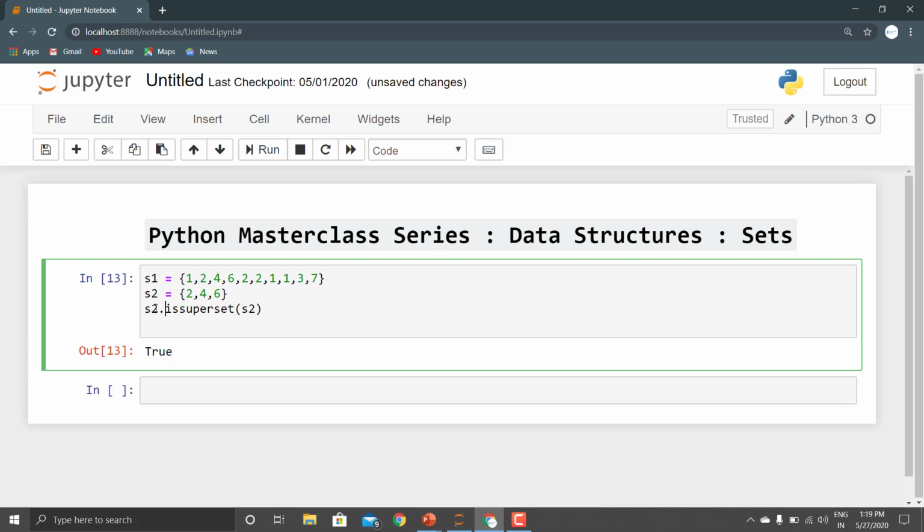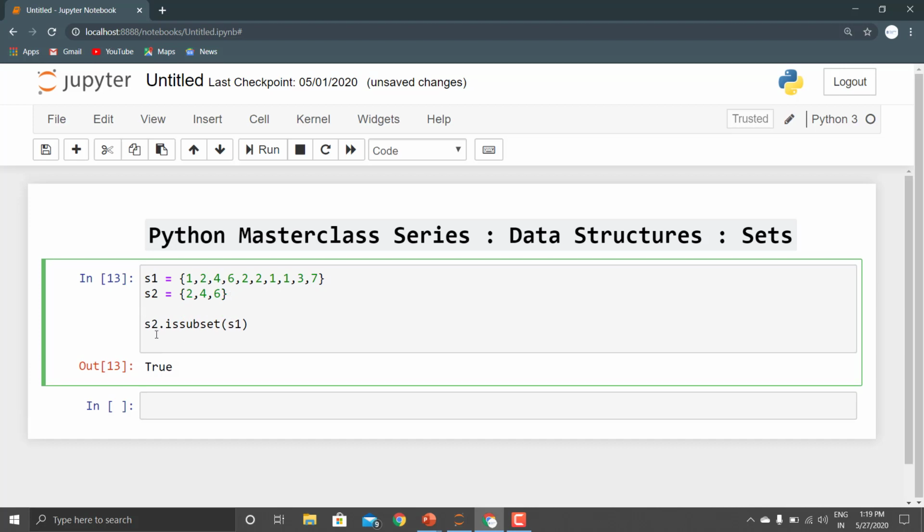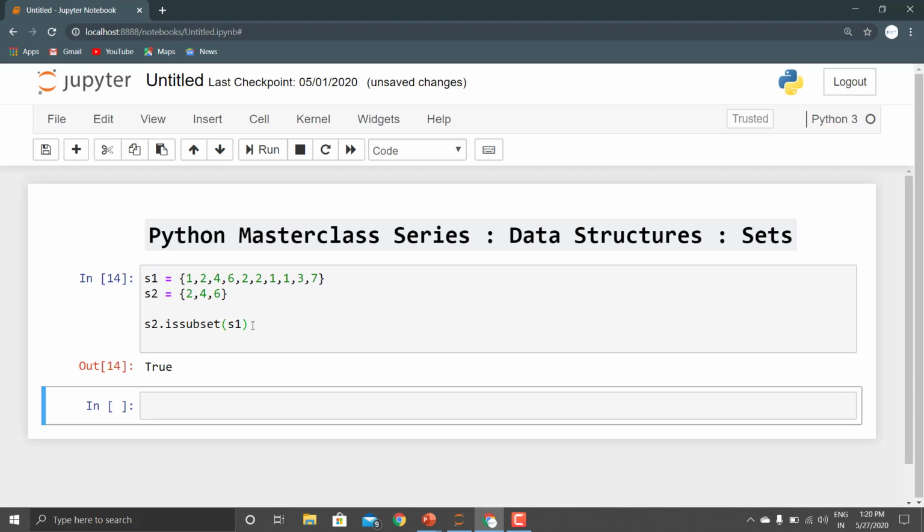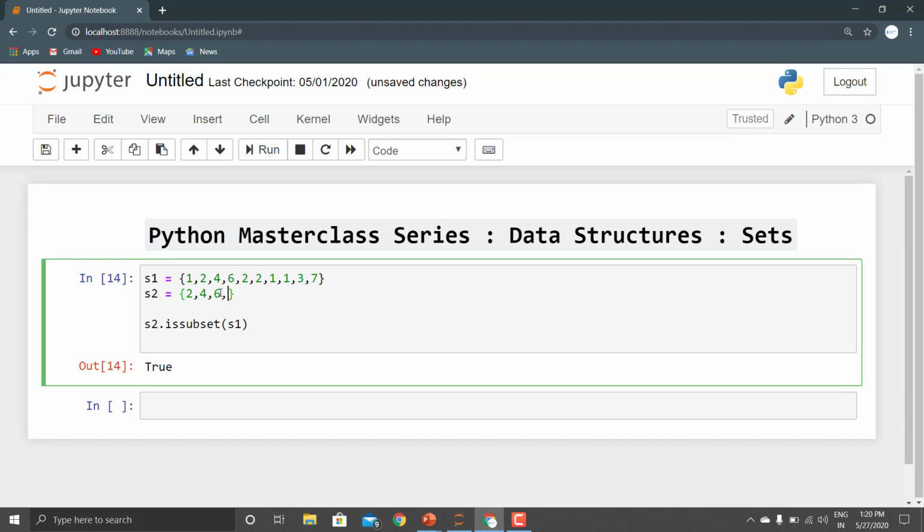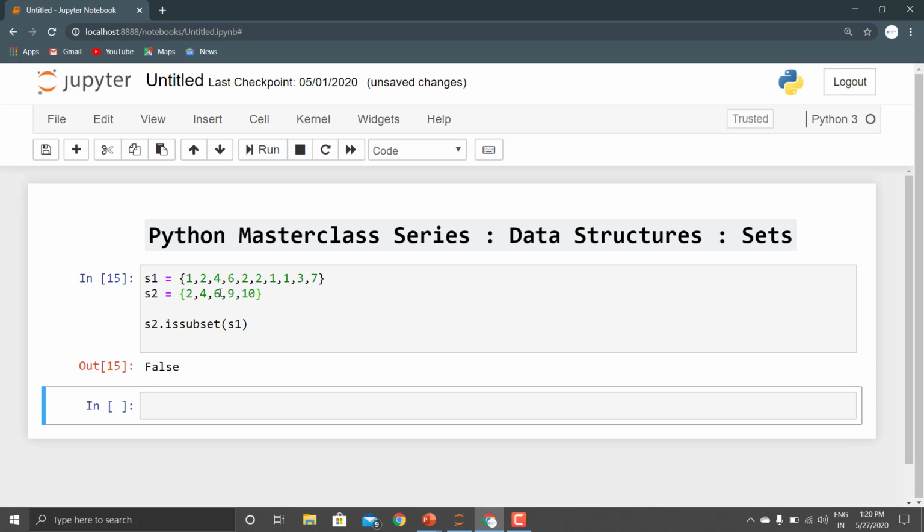Now if we have S2 dot issubset of S1, basically this is asking, is S2 a subset of S1? Again we will get the value true. But if we have any unique elements over here like 9 and 10, we get the value false.